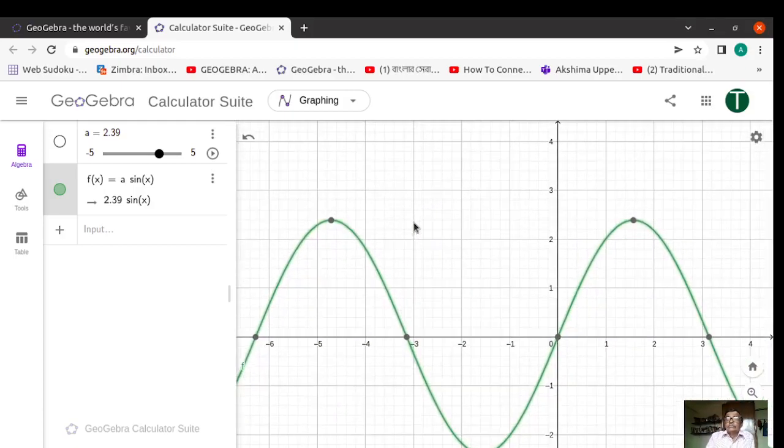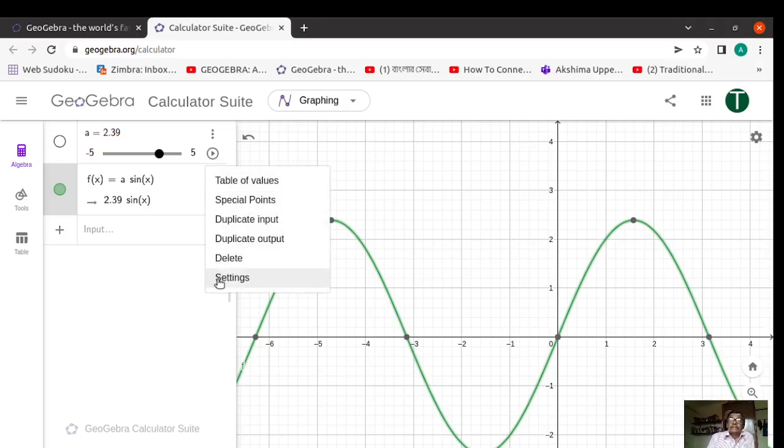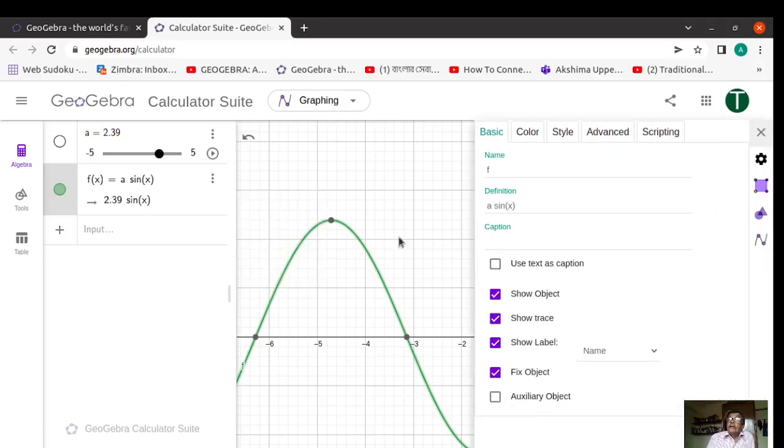So you can remove the trace. The function is like this. Now you go to this one, you listen carefully, and this is so interesting, I am telling you. So you go there, go to settings. Now here there is a color option. It can be chosen, but I will not do that. I will go to this advanced setting. See the power of this advanced setting. You click that,